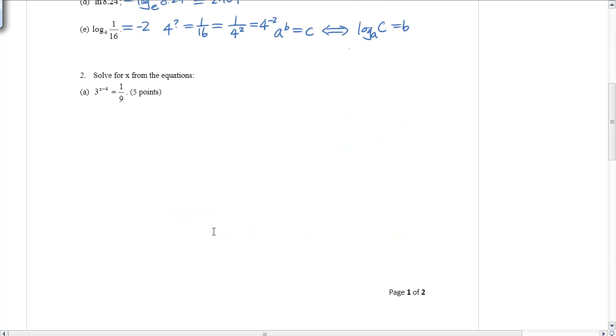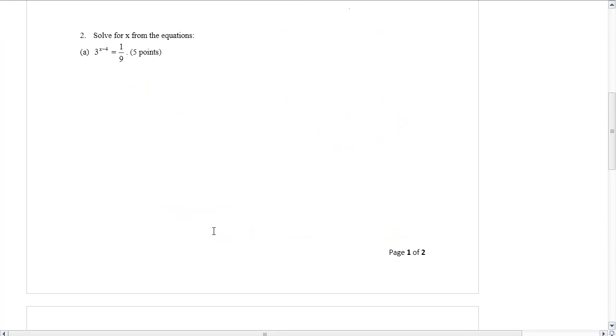Next problem, solve the equation for x. To solve for x from this equation, we are going to apply the one-to-one property of the exponential function. The one-to-one property states that for an exponential function, f(x) equals a to the x power,